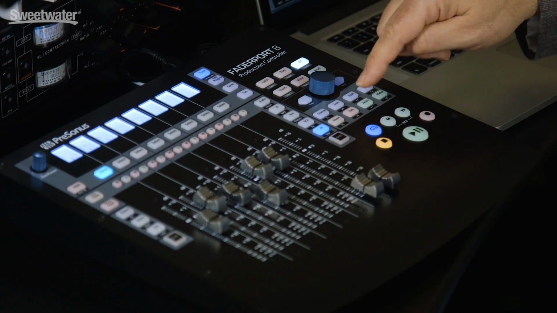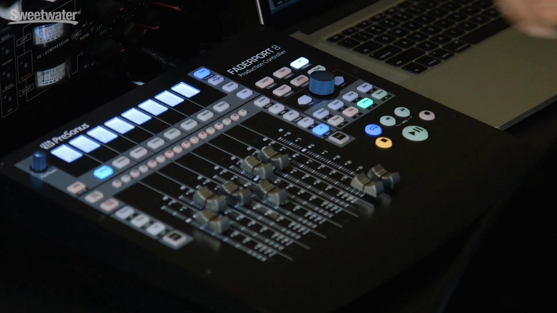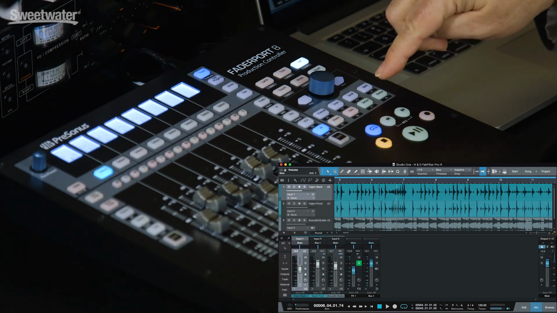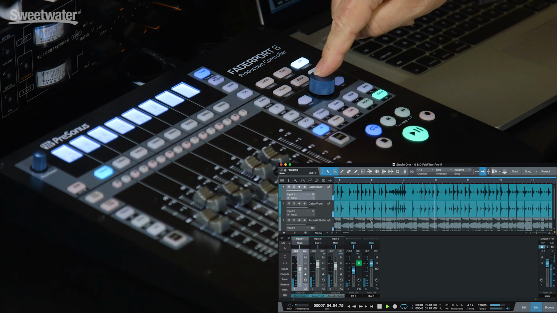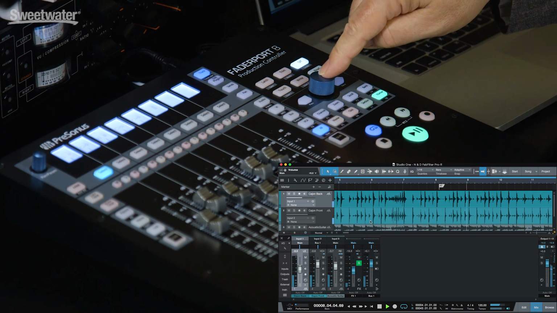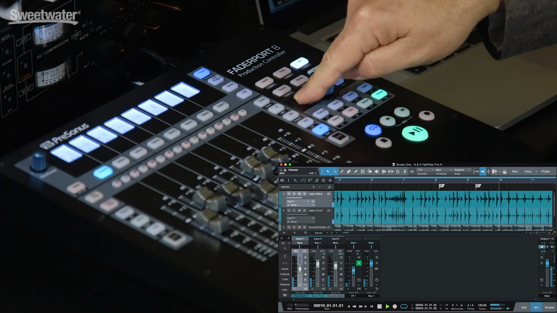In master mode, the encoder controls the level of the master fader. The click button turns our click on and off. Pressing the section button turns the encoder and the previous and next buttons into nudge controls for moving events inside a track. When we're in marker mode and we're playing back, we can drop markers by simply pressing the encoder, and you can navigate using the previous